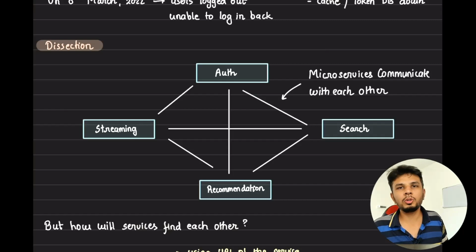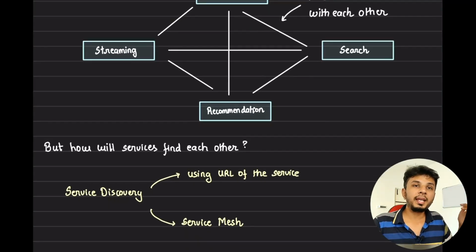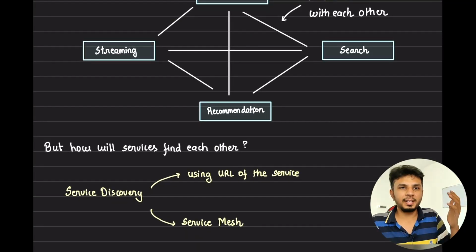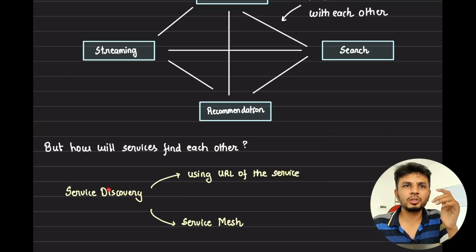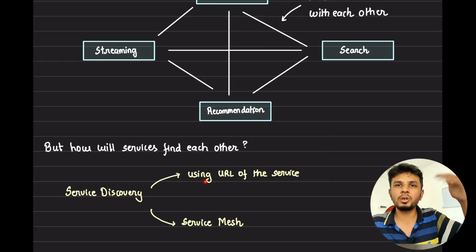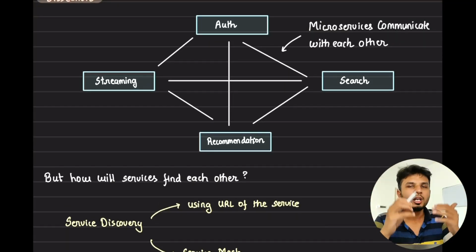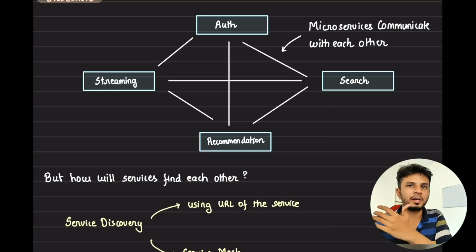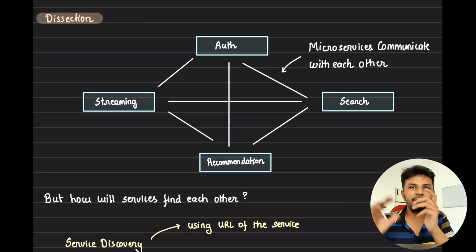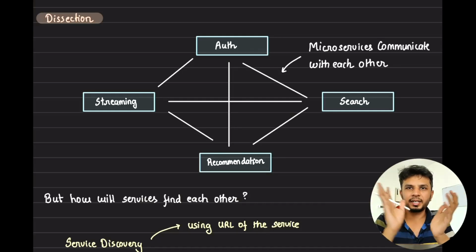A popular way to do it is, let's say you expose an HTTP endpoint. Every service exposes its HTTP endpoints and they directly talk to them. This is a very standard way of doing it, which is using the URL of the service. Every service has a specific URL, let's say search.spotify.com or auth.spotify.com or something like that. And every service has a load balancer. Behind that there is a set of servers that they can connect to.